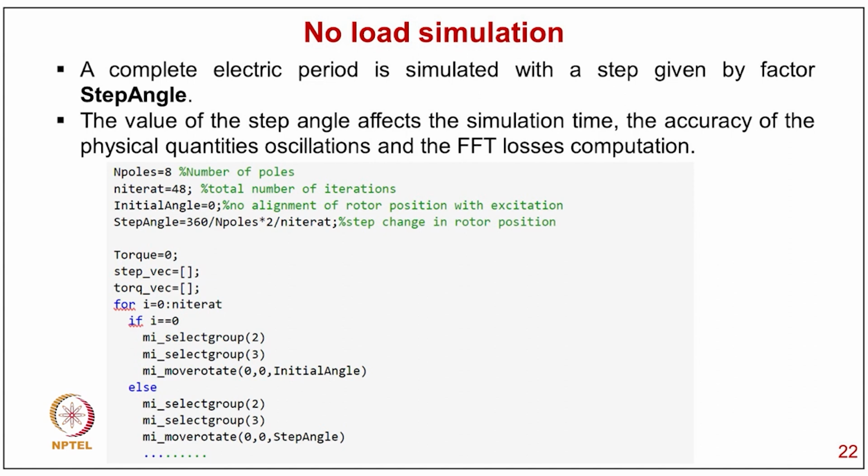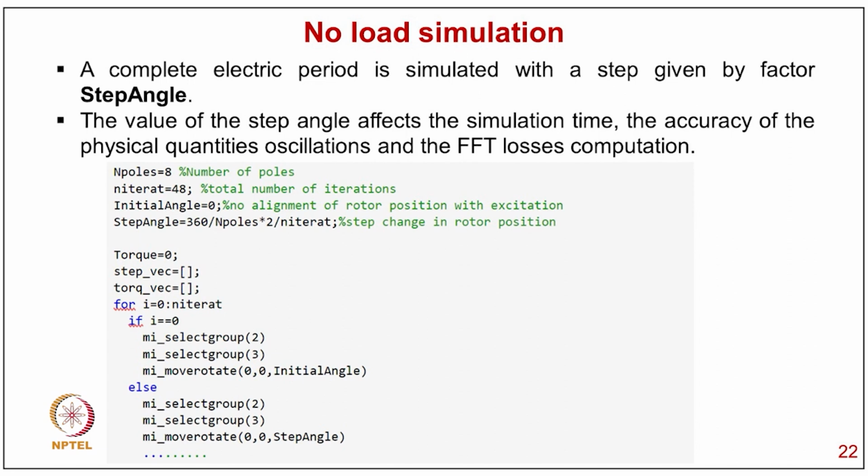The value of the step angle affects the simulation time, the accuracy of the physical quantity oscillations, and the FFT losses computation. Here is typically the code: n_pole equal to 8, n_iteration 48, initial angle 0 degree, step angle 360 by n_pole into t divided by n_iteration, then torque equal to 0, step_back, torque_back, and then for i equal to 0 to n_iteration, y equal to 0,